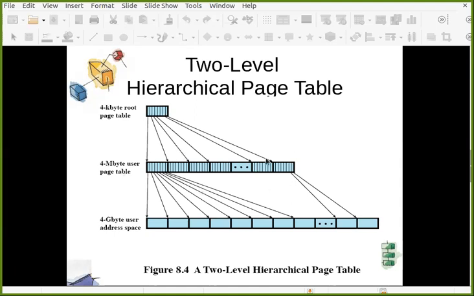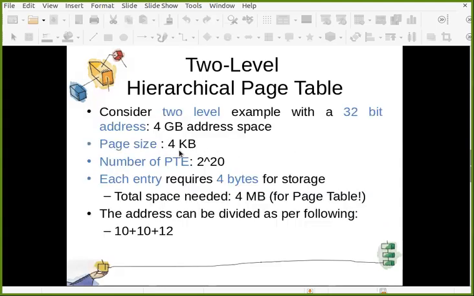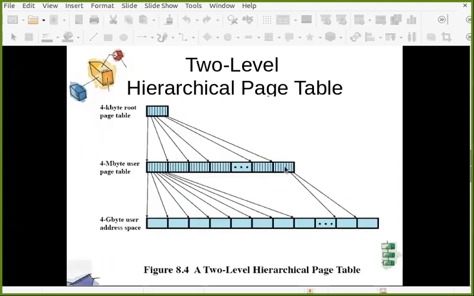So what is the page size that we have used? We have used page size 4 KB. So if the page table, which requires 4 MB, is divided into pages of 4 KB, how many pages will be there?